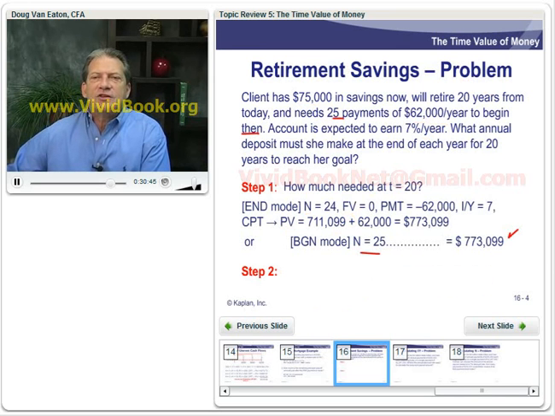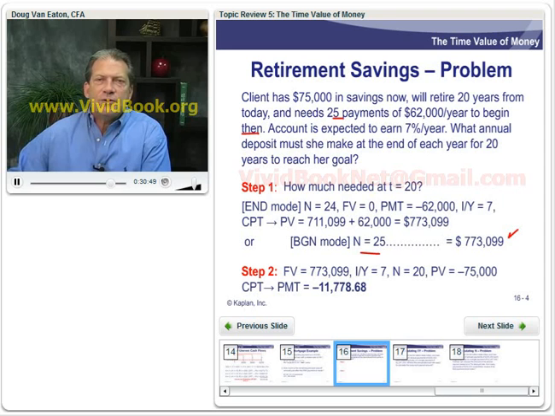The second step is now to solve for payments, right? So here's our future value. That's a time 20 value. Our interest rate is 7%. We're going to make 20 deposits, but we already have $75,000 in that account. So we're going to solve for the payment that we need to make every period for 20 periods